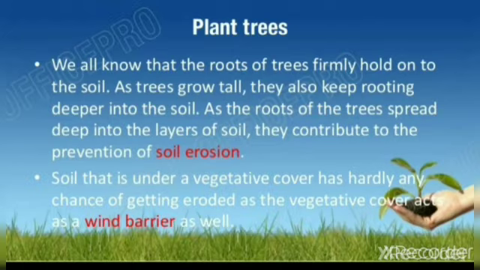Next method of soil conservation is terrace farming. Terrace farming is one of the very good methods of soil conservation. In terrace farming, we make or form sloping land into a number of level, flat areas resembling a series of steps. Explanation: decreasing the slope by making it resemble steps which are commonly found on the side of a mountain or hill. Types of crops that are grown: rice, cotton, sugarcane, wheat, potatoes. It is popular in Eastern Asia.